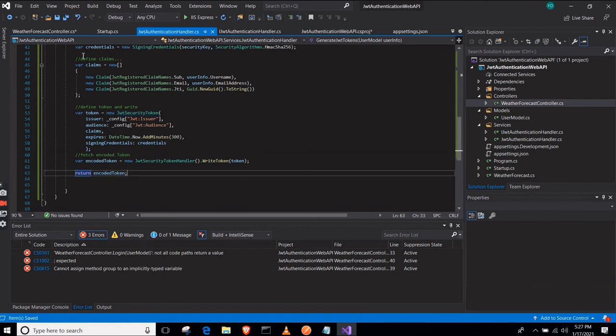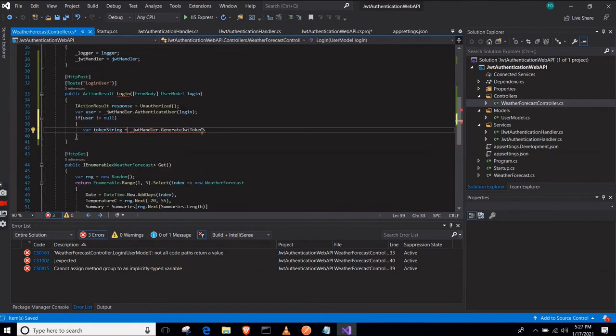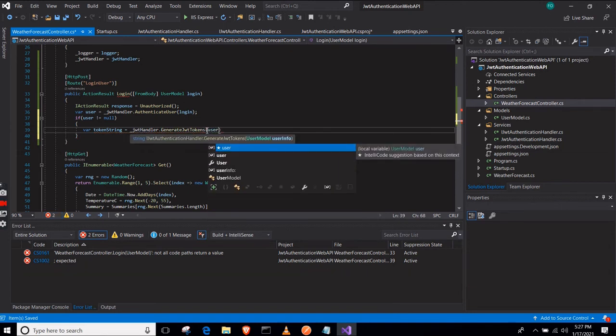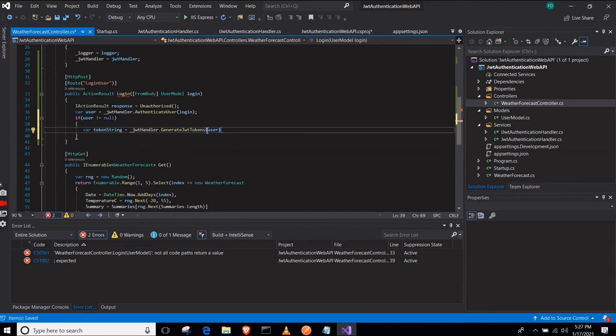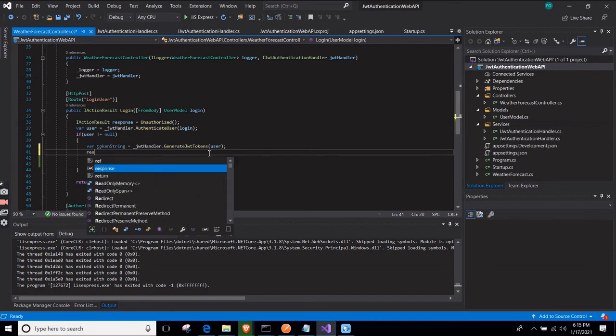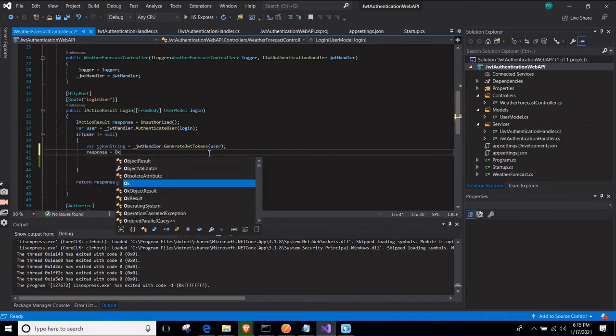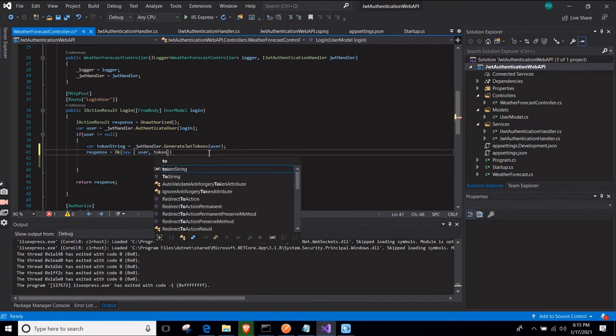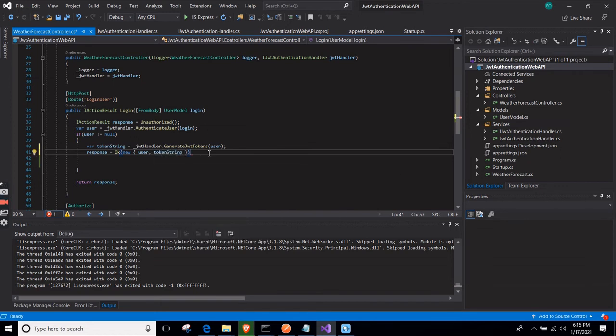So you want to return the token string generated for this particular user. What we do is just set the response to be an Ok object, and then you pass in the user we have generated the token for, and the token string for that user. So put a colon here, save,